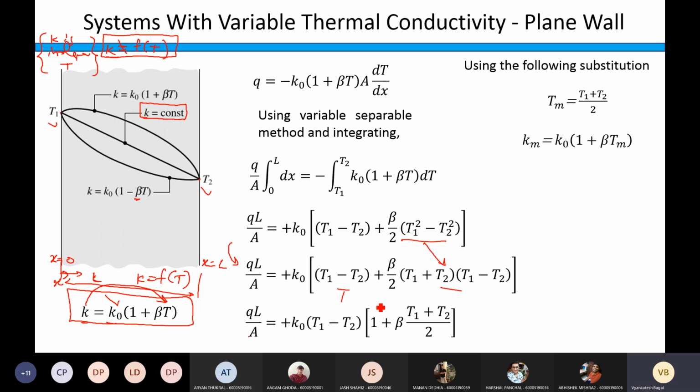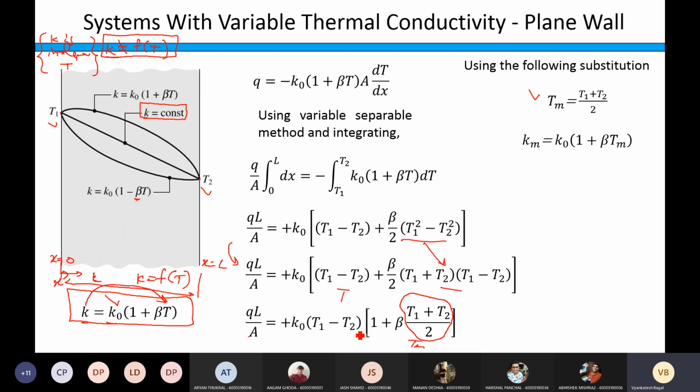We are going to substitute for this term now, T1 plus T2 by 2, right? So this is the average temperature of this slab, T1 plus T2 divided by 2. So we will call it the mean temperature Tm. So Tm is defined as T1 plus T2 by 2, and I am going to substitute it here, Tm, and then if I substitute it here, you will see that this term